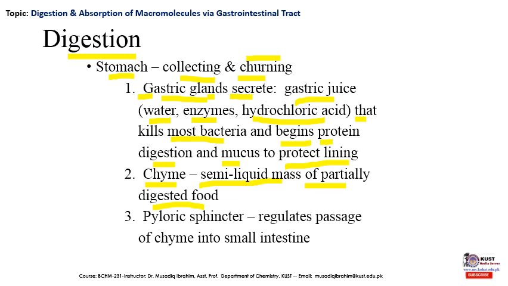And within the stomach, at the end area, you have the pyloric sphincter present, a specialized type of muscle which regulates the passage of chyme into the small intestine. So slowly and gradually the chyme is being transferred to the small intestine with the help of the pyloric sphincter, so that not too much chyme is entering the small intestine, and not too low an amount of chyme is entering the